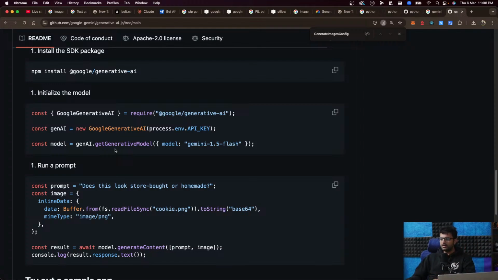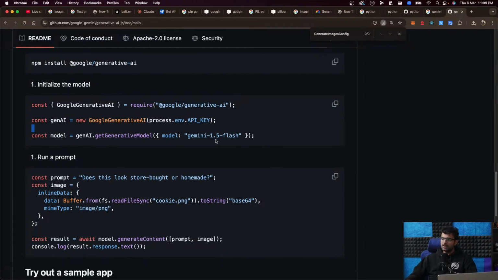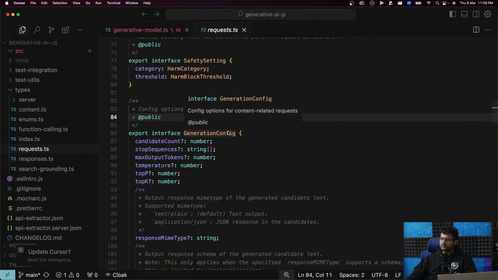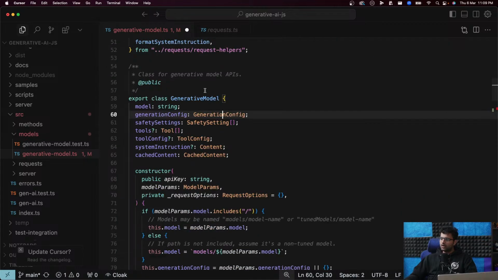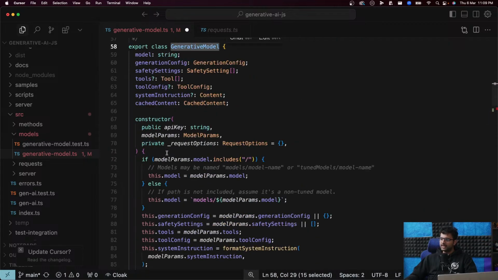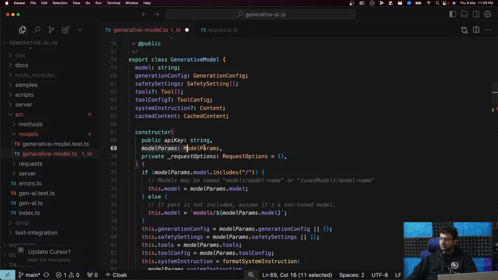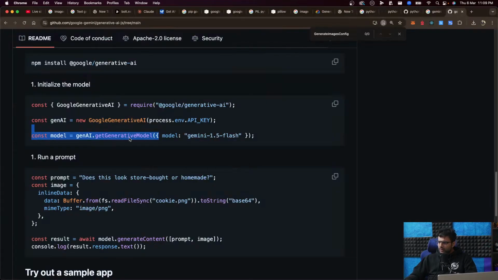You can either shove everything inside the same model.ts class. We're not doing that. Why are we not doing that? Because unfortunately, there is a very big difference between the Python SDK and the JavaScript SDK. In the JavaScript SDK, you first create the model instance where you're passing in all the configs. If you look at the constructor of generative model.ts, it expects the model parameters over here, get generative model.